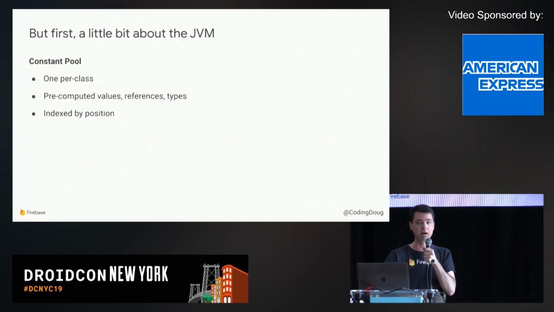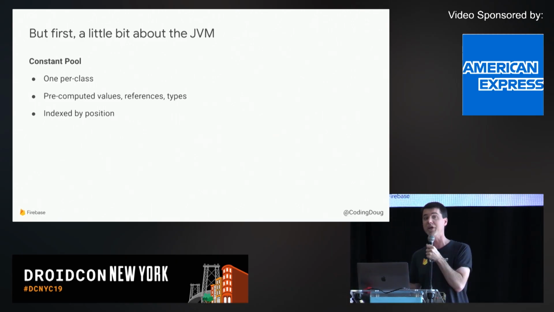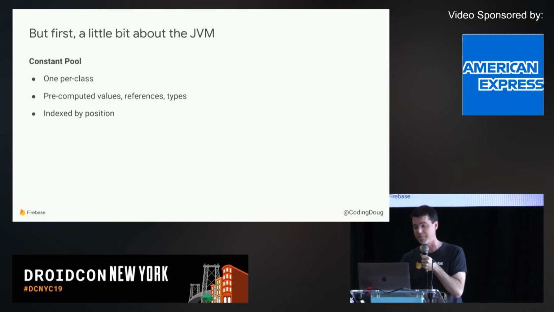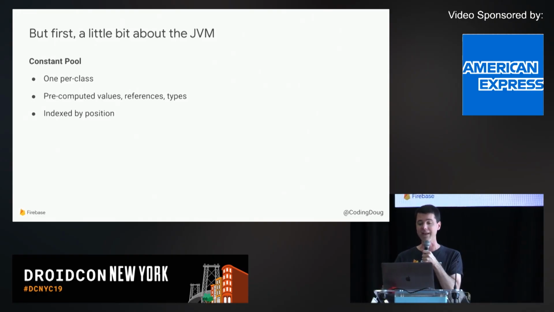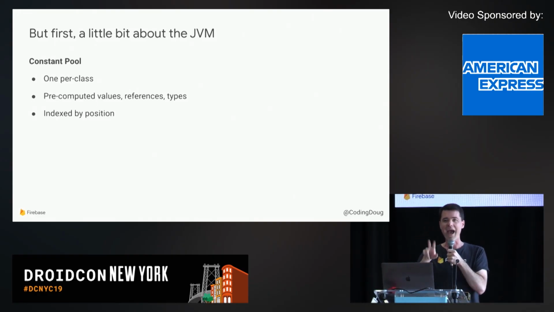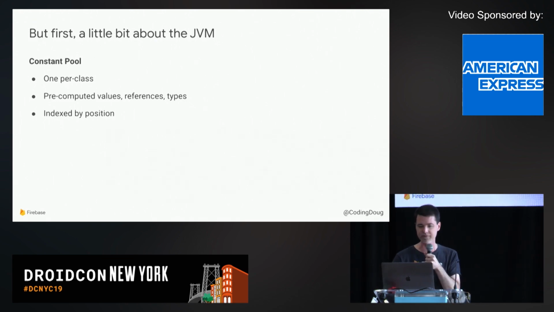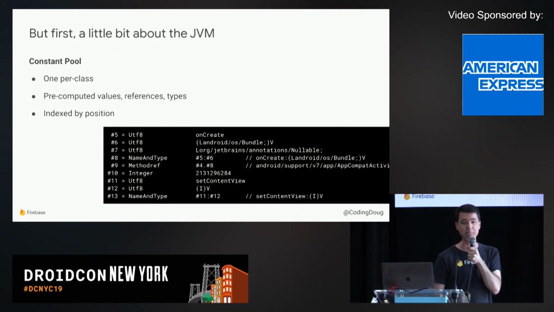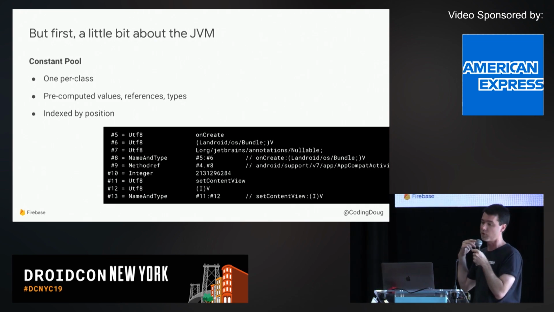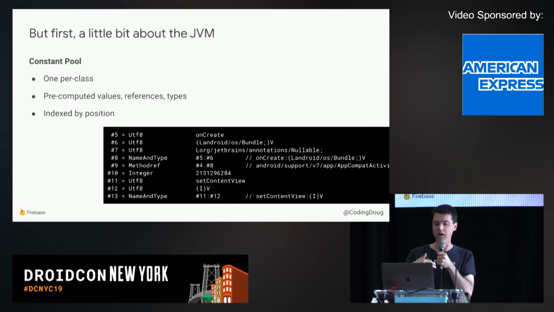The JVM itself, for every class that gets loaded into a JVM, there's a constant pool, exactly one constant pool. It has pre-computed values, so strings, numbers, references to methods, and so on and so forth. They're all indexed by position, so you'll see these little #1, #2 numbers all over the place. If you dump a class using javap, you'll see a string table or a constant pool look like this. So you can see that constant number 5 is a string called onCreate, and constant number 6 is a string